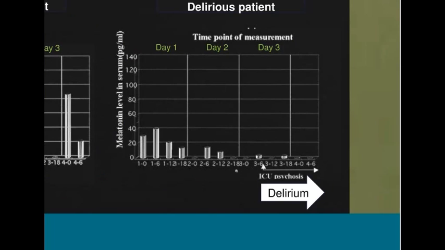Then, if you look at somebody who is suffering from delirium, you can see in the days leading up to the onset of delirium, you get a very erratic secretion of melatonin, and this is established in countless research studies. So this is one key element of this research study. So using this fact, or well-established and agreed upon point,